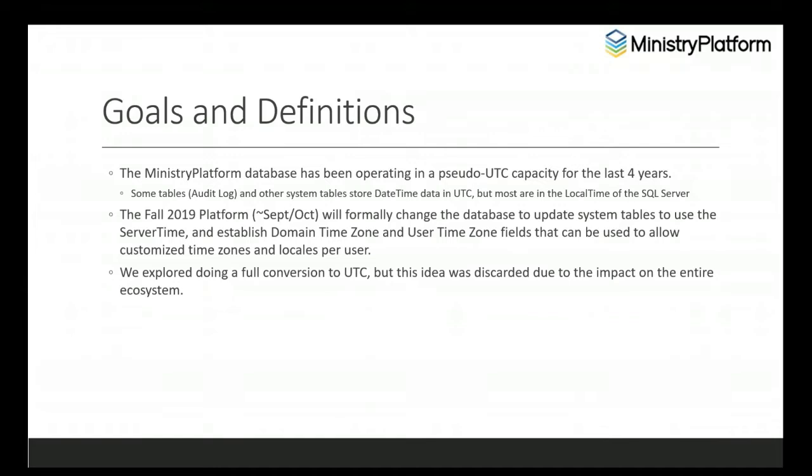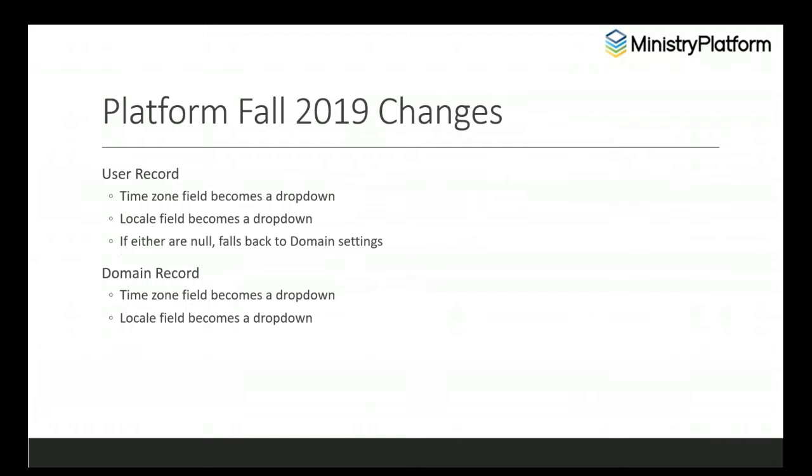So we came up with a different approach to still accomplish our goal of having users be able to set their own time zones and see things in their time zone, but make it more of an optional thing for any additional custom work to take advantage of these enhancements as well.